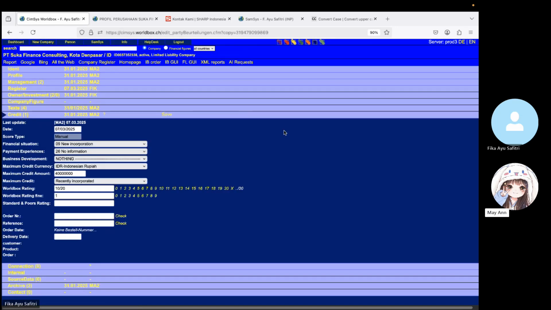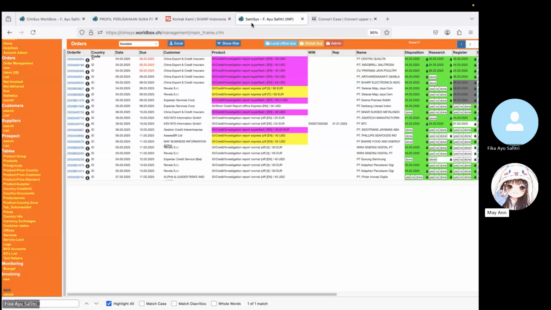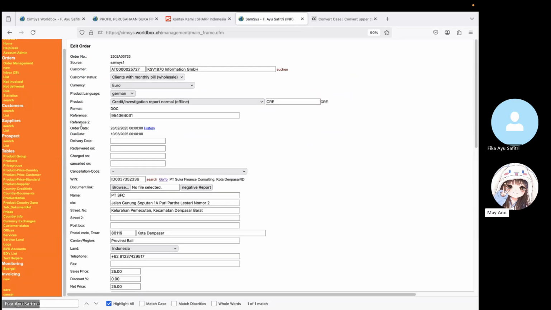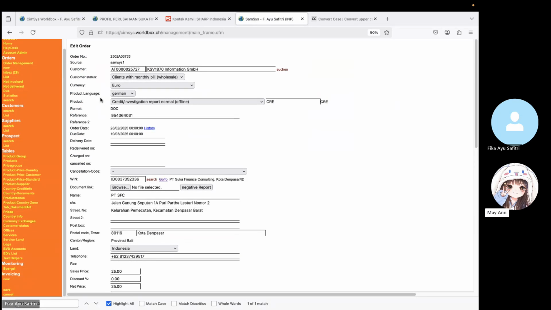You can put the order number here. Yes, order number. No, there should not be spaces. Yes, that is the exact. Then for KSV, as you can see here in the customer for SIMSYS, you can come back to SIMSYS. Yes, and then the order number here. Yes, open it again. Then, as you can see, our customer here is KSV Information